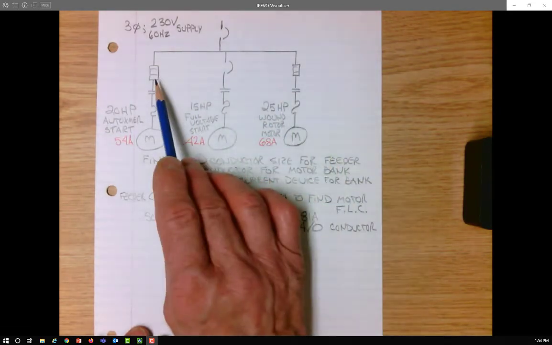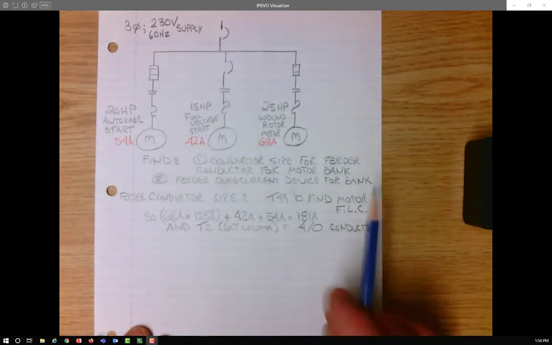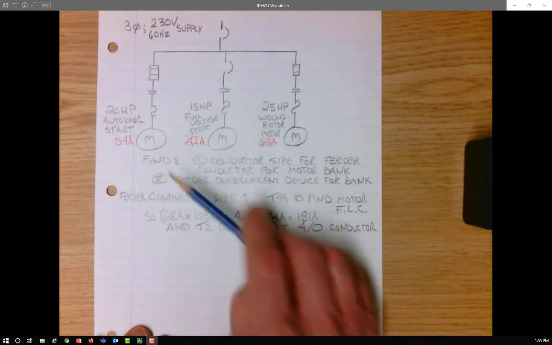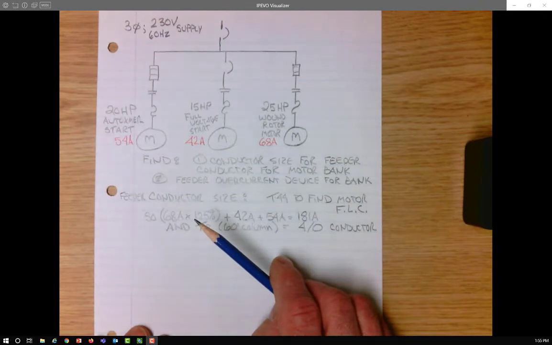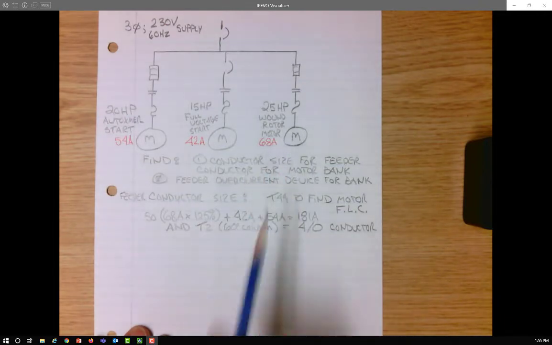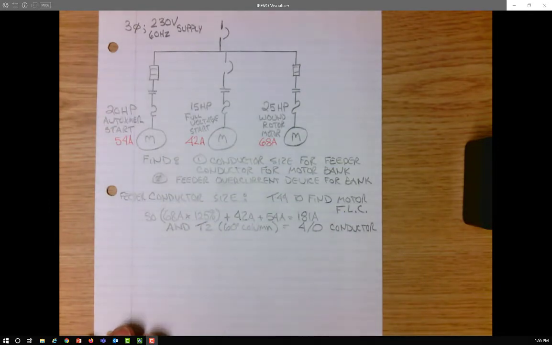A couple of them are fed by fuses, but that's not really important. What I want to know is what would each of these motors take for a breaker. I'm going to take the breaker calculation for the largest motor, and just add the full load currents of the other motors to it. Okay, when we look at